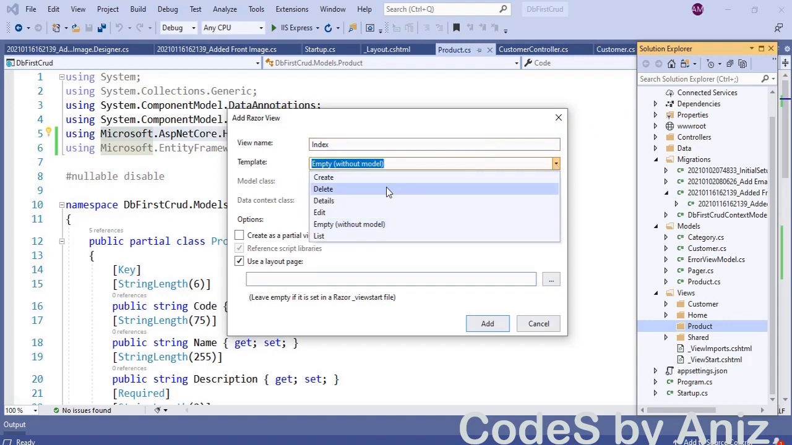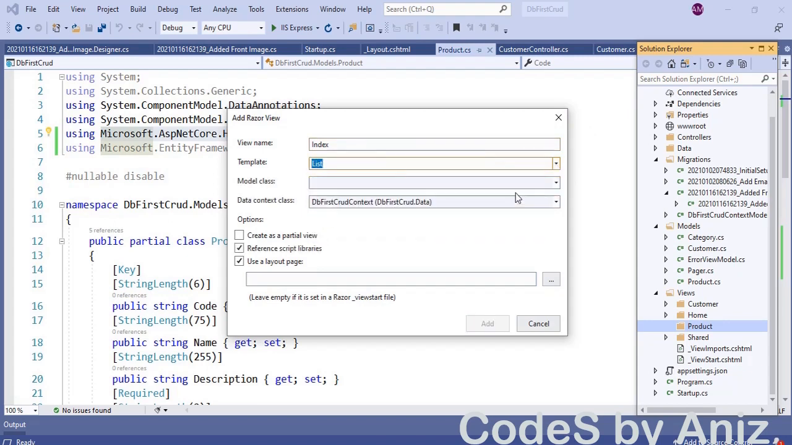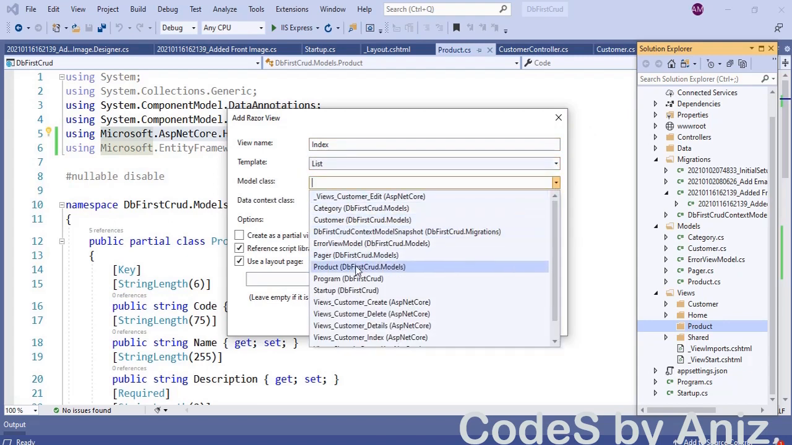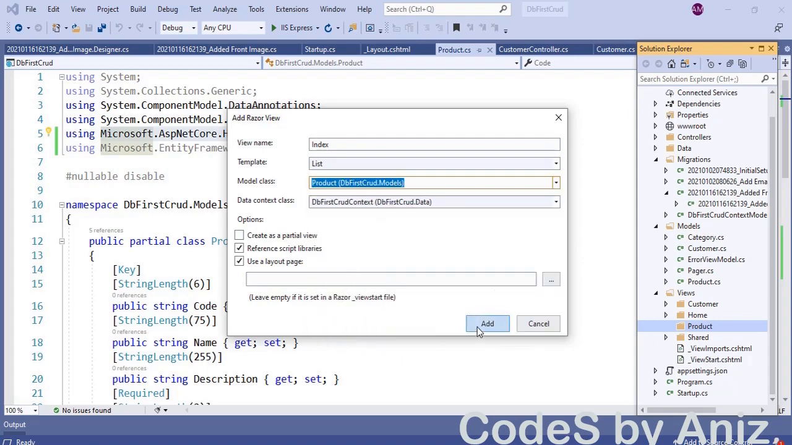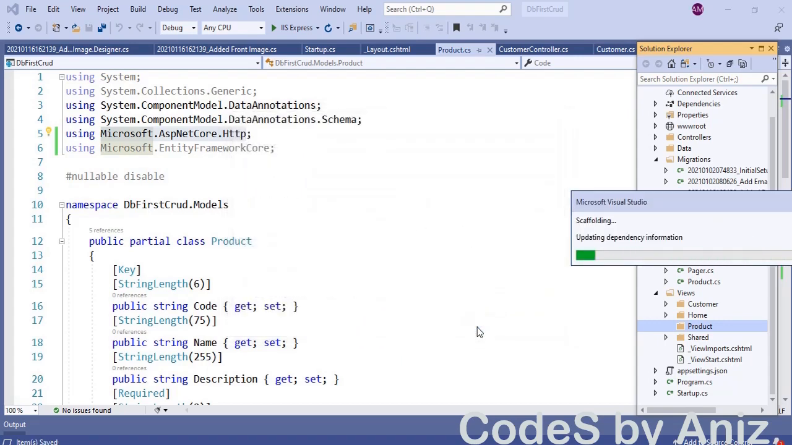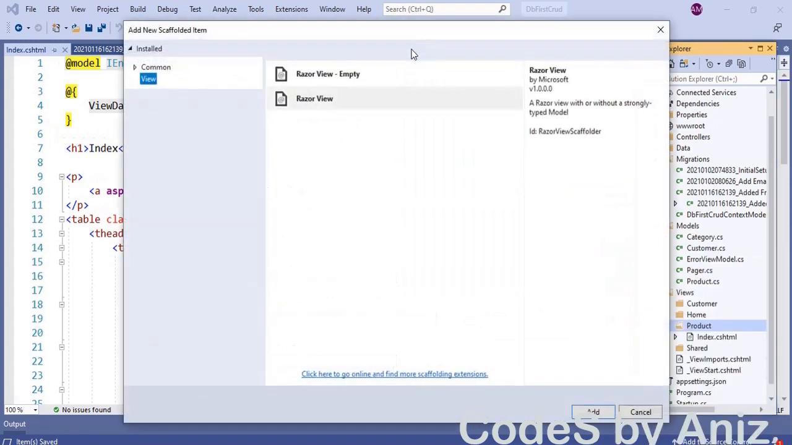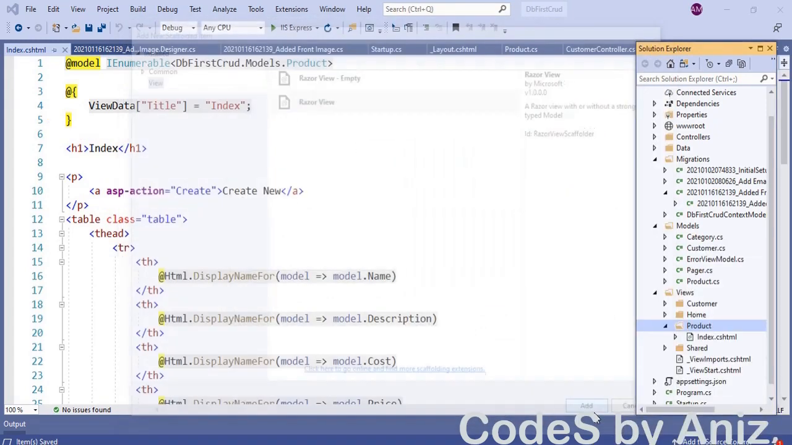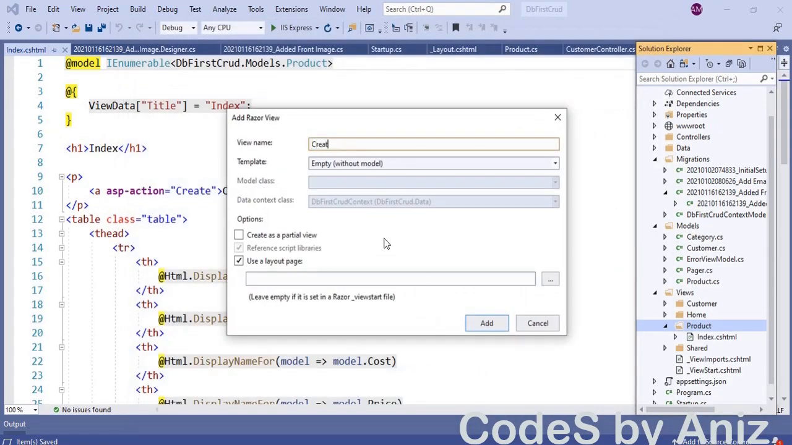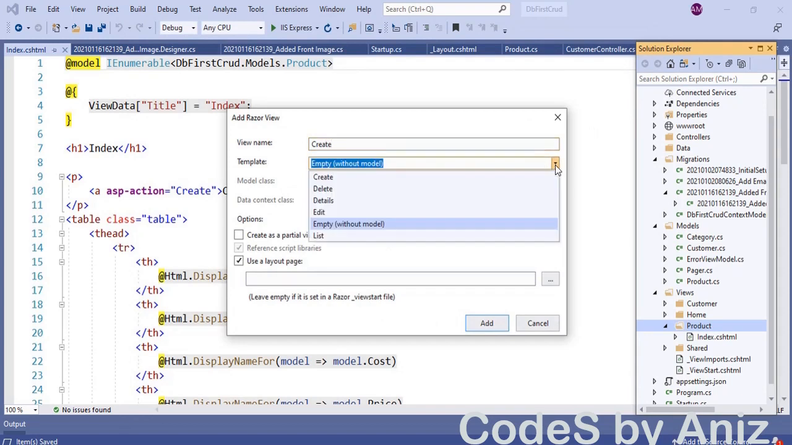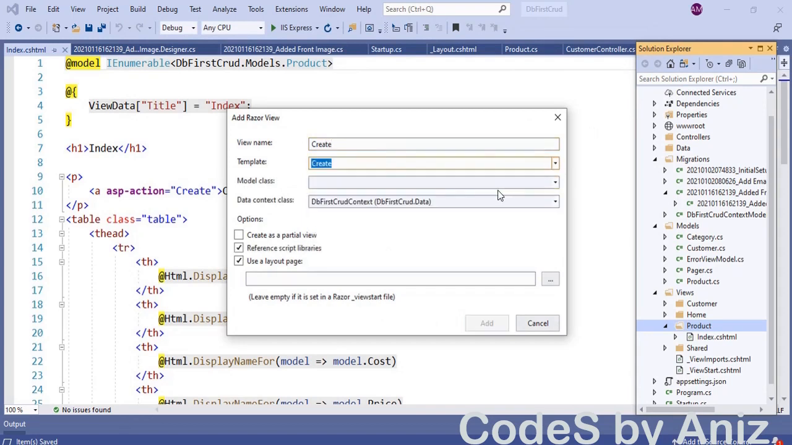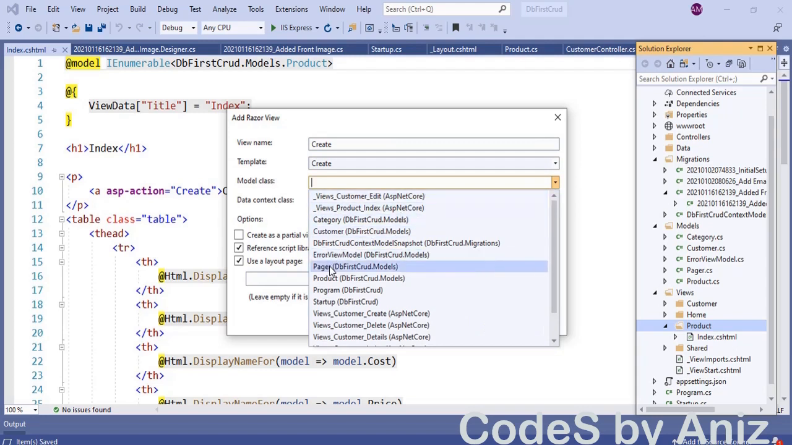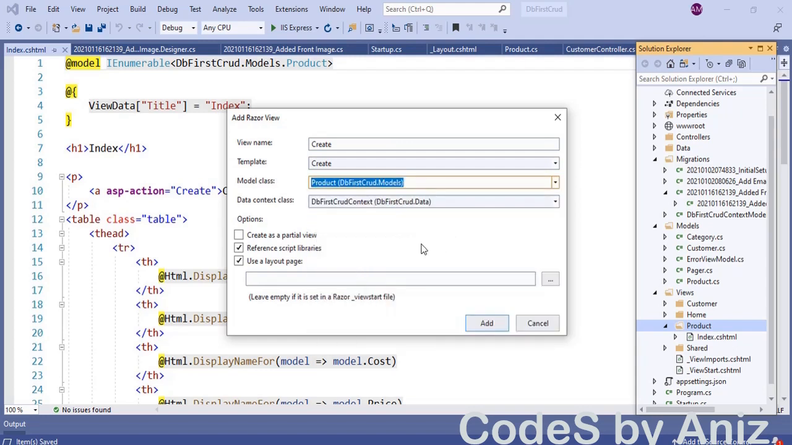So set the template as list and then set the model class as product and then data context class as dbFirstCrud context. Then create a view and name it as create. This create view will be the create page for our products. So set the template as create and then set the model class as product and then set the data context